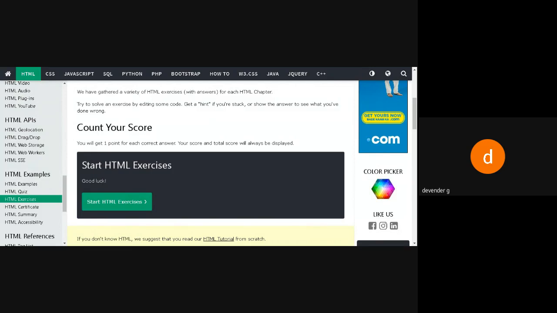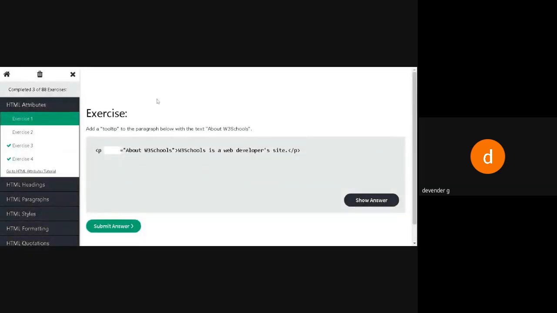So we have been taught the concept of HTML attributes. So what are HTML attributes? Attributes are like characteristics of that particular element.